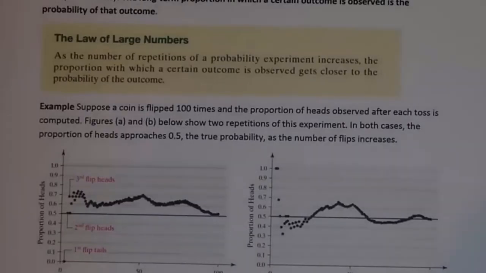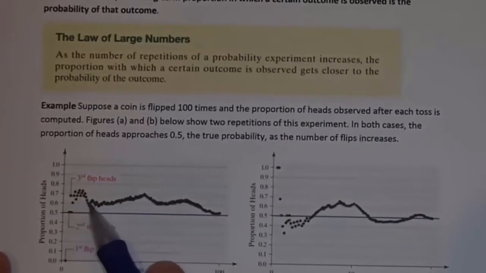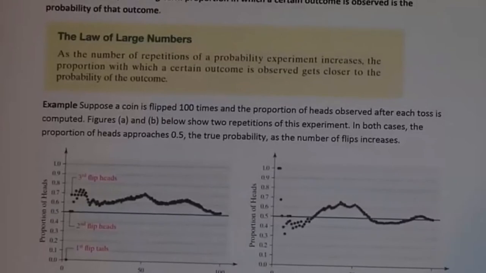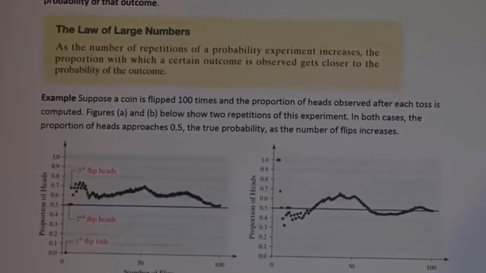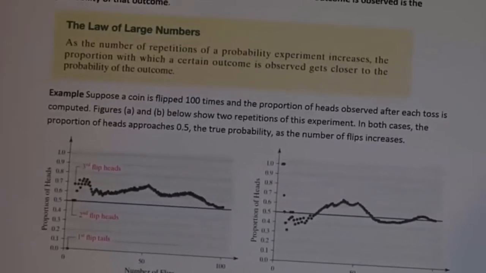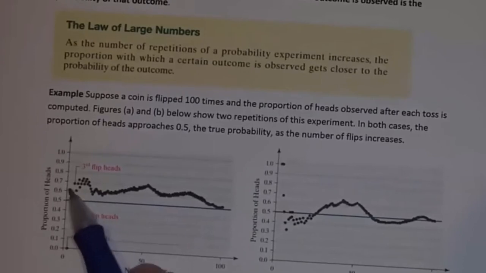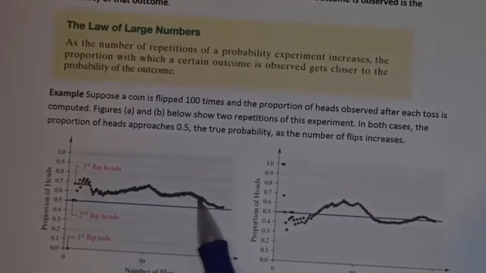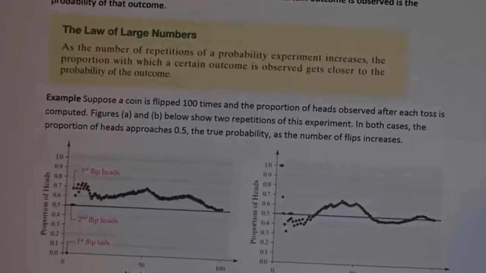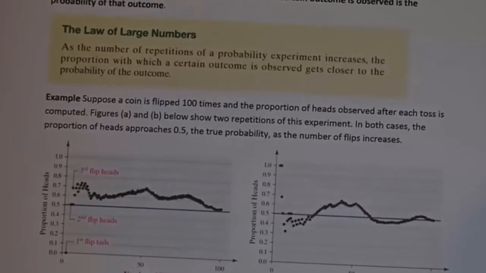You might have a streak. Let's say you're at the craps table or something like that. You might have a streak where you are avoiding crapping out, so to speak. But eventually you will crap out. So you may have a long winning streak, but the longer you play, the more likely it is that you're going to approach the true probability. And as you approach the true probability, it's to their advantage.